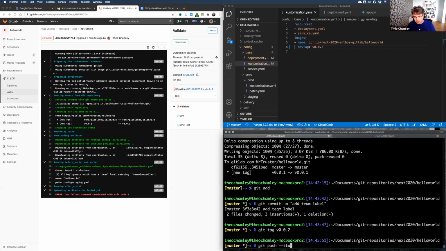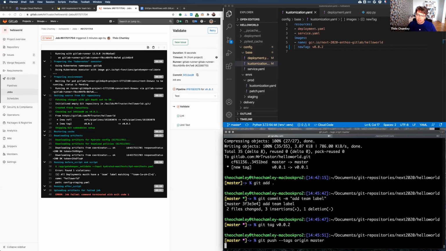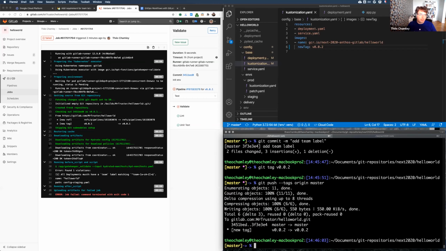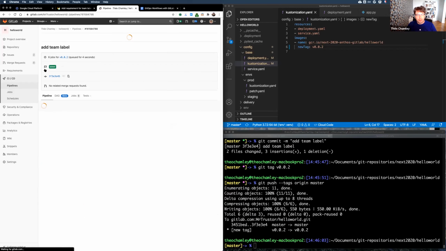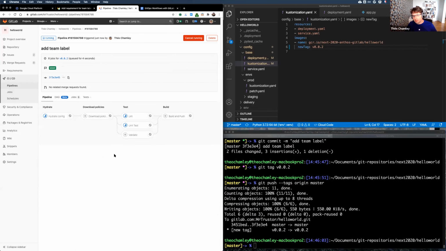Push dash tags. Okay, so I have a new job, a new pipeline running. And spoiler alert, this one is going to succeed, okay? So while that's running,